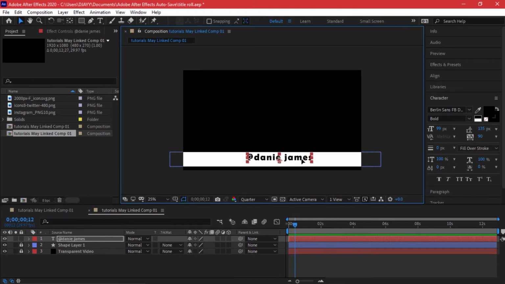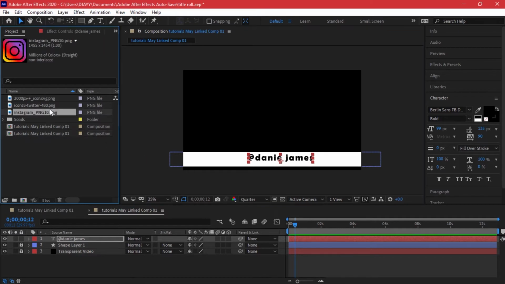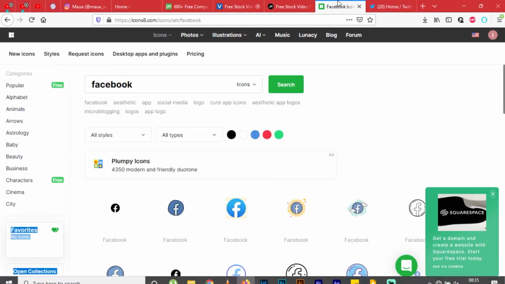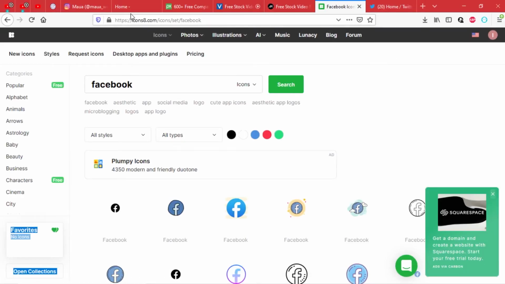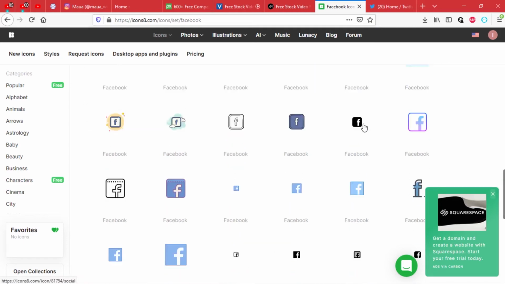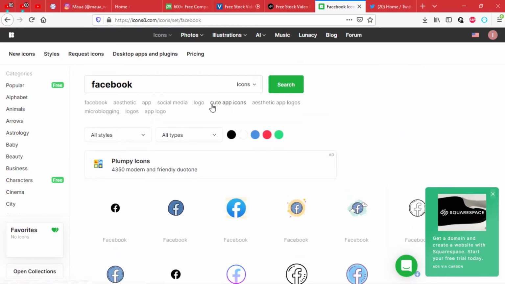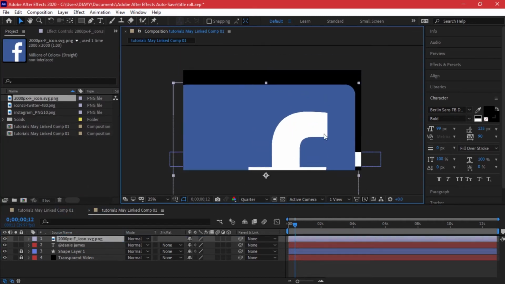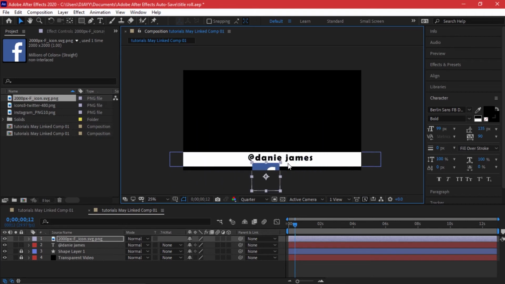And you also want to drag an icon. I have 3 icons for Instagram, Twitter, and Facebook. And if you don't know where to get them, on your web browser, you can look for a few websites. There is this one I love. It's called icons8.com. It has a wide variety of selection to make from. So having downloaded it, I am going to start using it, and I'll drag my Facebook icon and scale it down completely